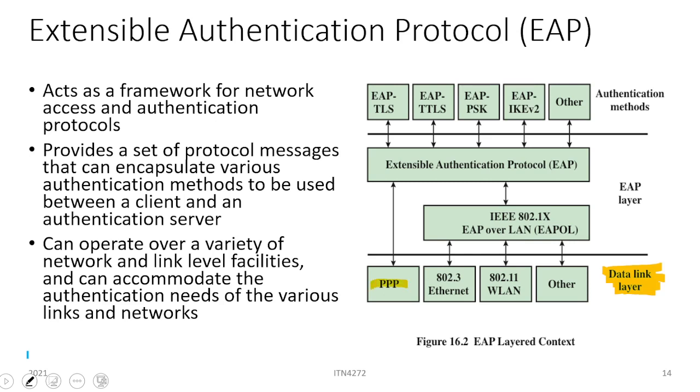It could be point-to-point connections, Ethernet connections, wireless LAN connections, or any other mechanisms as well. So in that context, what the Extensible Authentication Protocol, or EAP, would do is